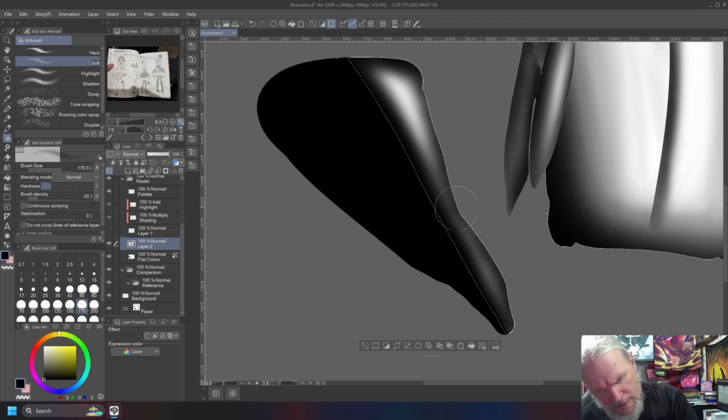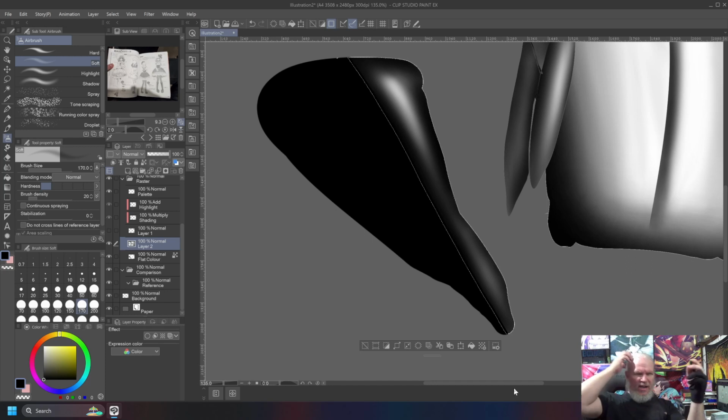Down along there. And that's actually got a certain sort of highlighted leather feel. That's got kind of a